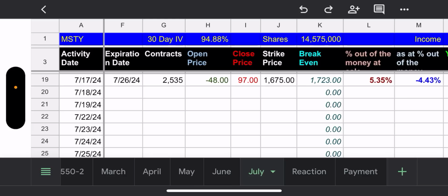So, moral of the story is, for stocks like MSTR, which have very high implied volatility, if you are destroyed, way underwater, in the money all week, and then you get to Thursday and you're actually out of the money, should you close out all or part of your position? My answer is absolutely. So lesson learned here, hopefully,